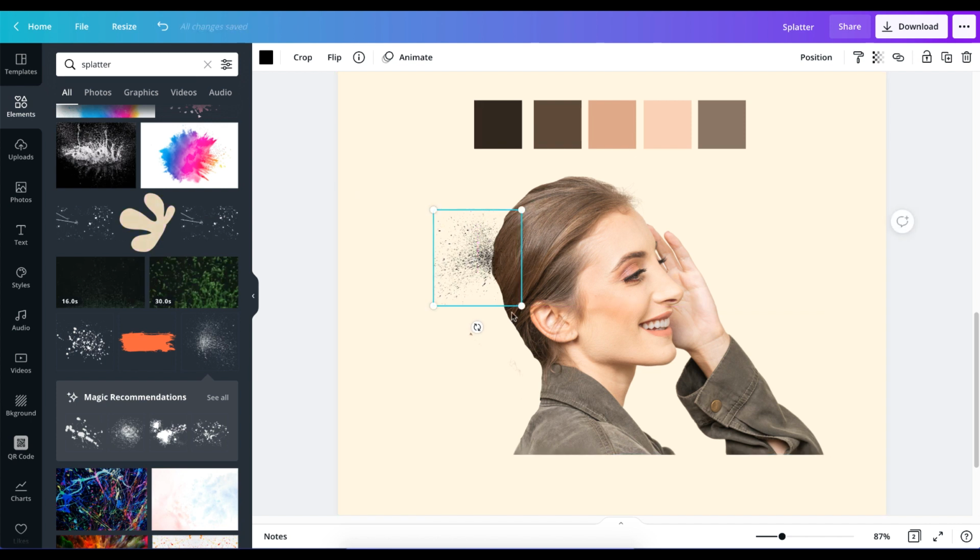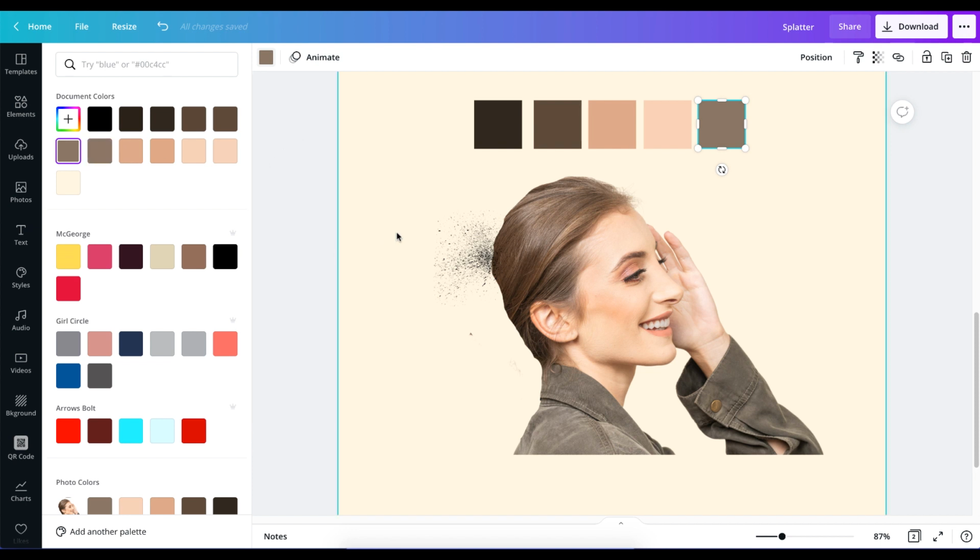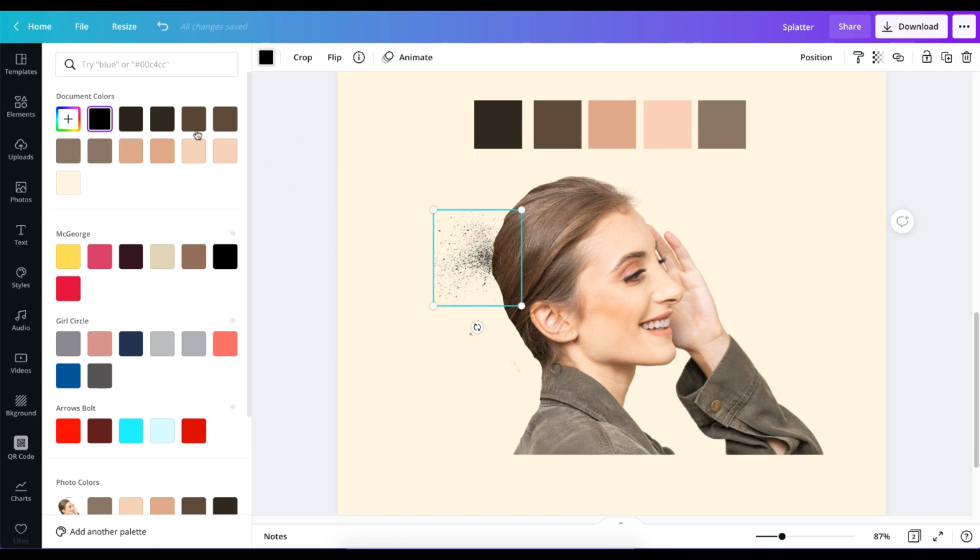Remember, the color of the hair, the skin and the shirt are different. For the hair, we've got two different colors, this color and this color, so we're going to play around with them to give it that particular feel. You can also add this color to it. Now I'm just going to choose this one here, and for the hair, I'm going to give it this color,